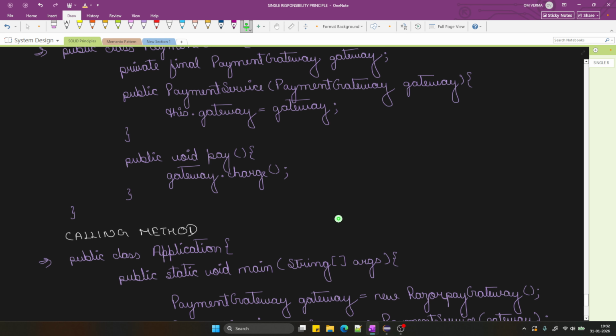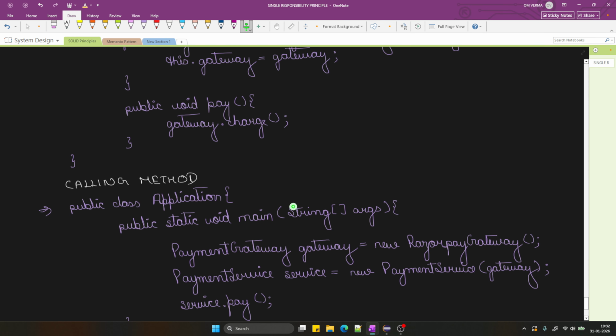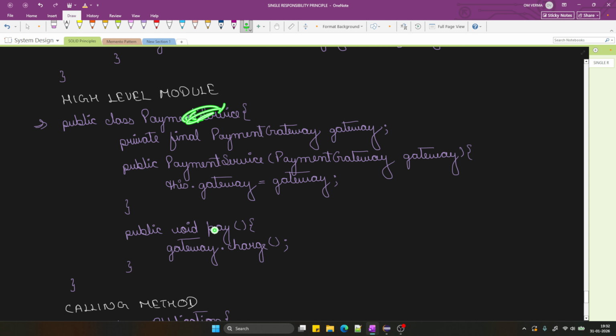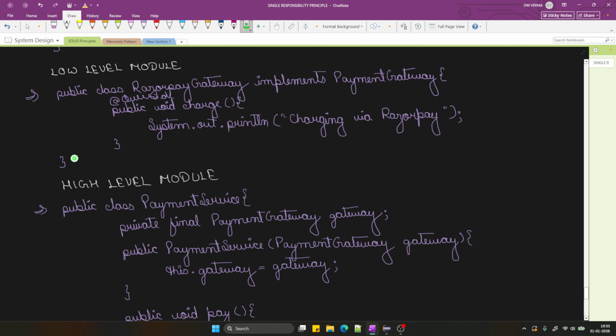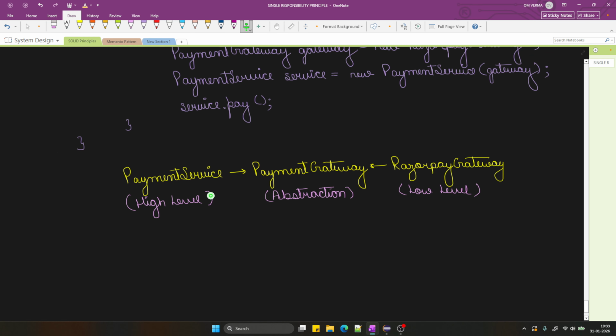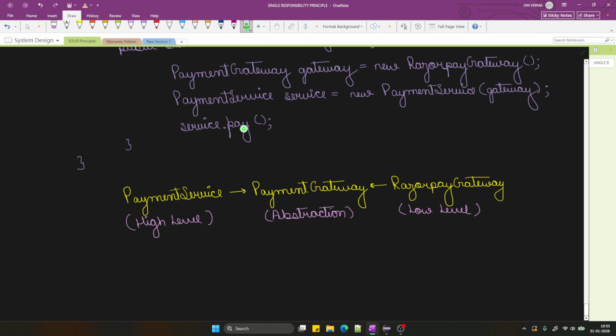So now what I have done here is payment service dot pay. So what will it do? Till this point of time, this gateway is pointing to Razorpay gateway. Razorpay gateway.charge will print charging via Razorpay. So in future, if we want to introduce, as I have already told, one more payment method, Stripe Pay, I will declare this Stripe Pay and call that pay,